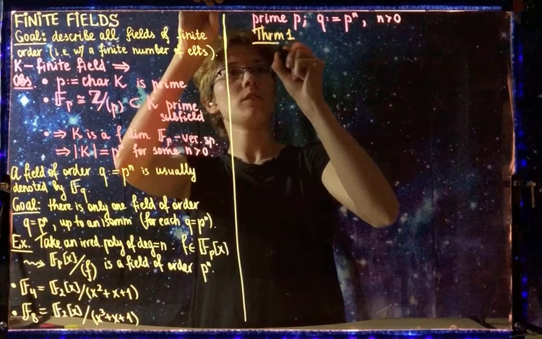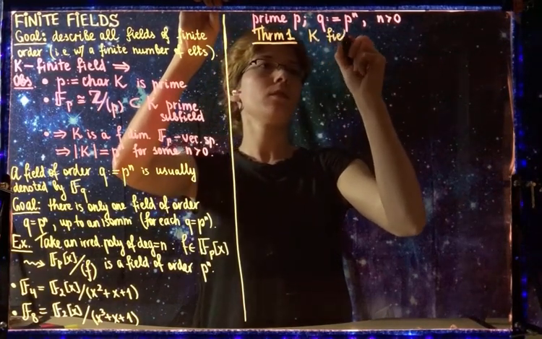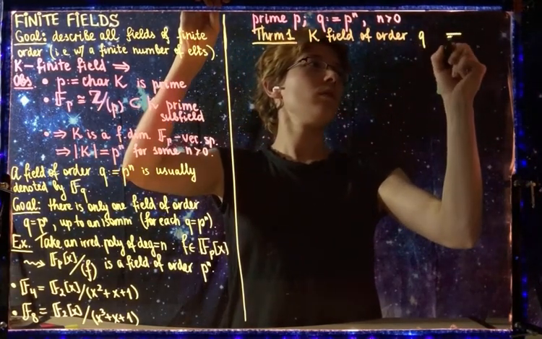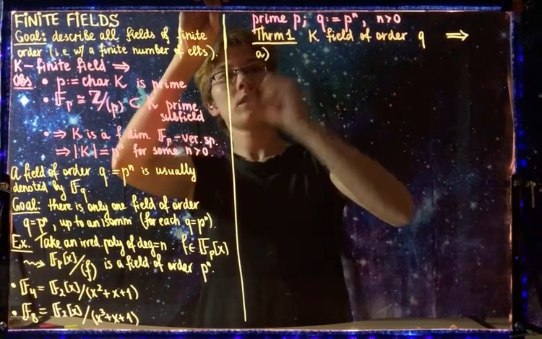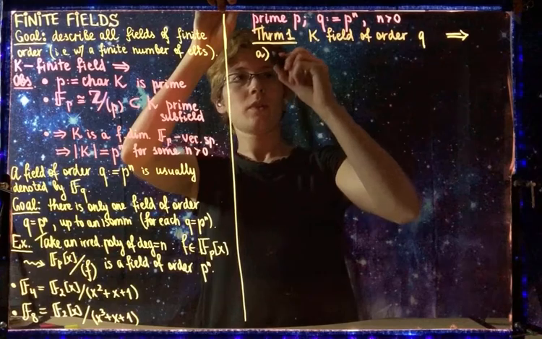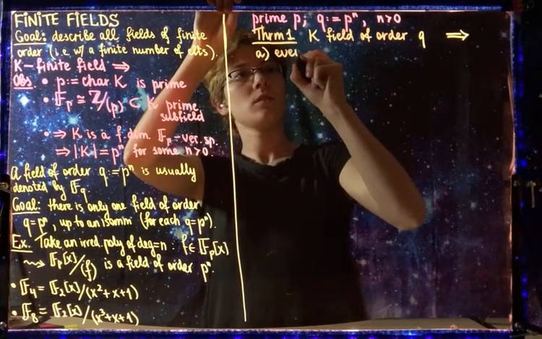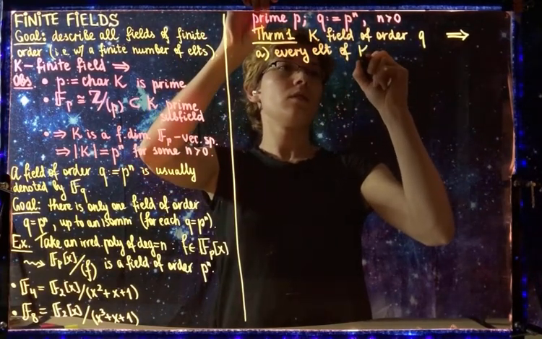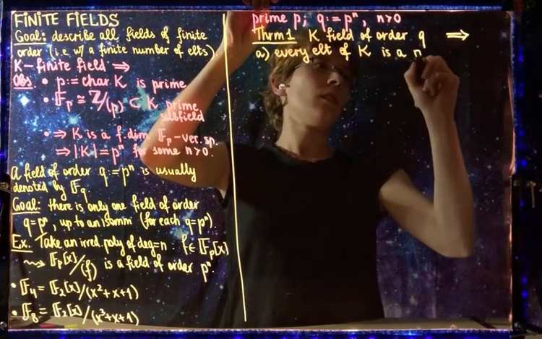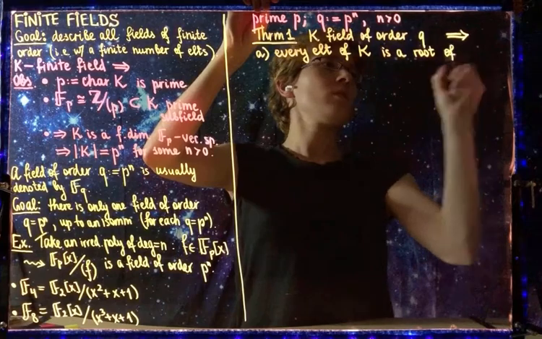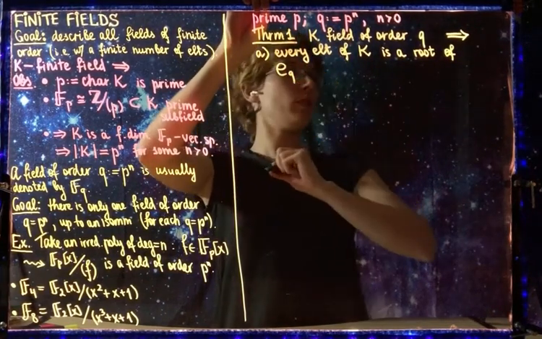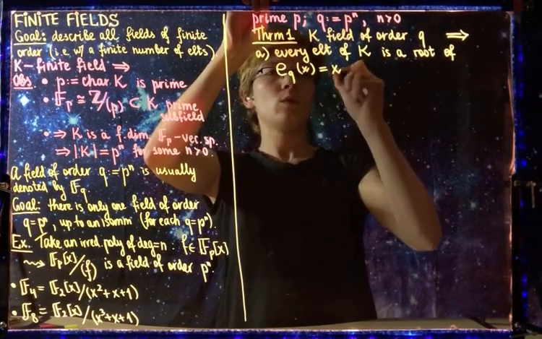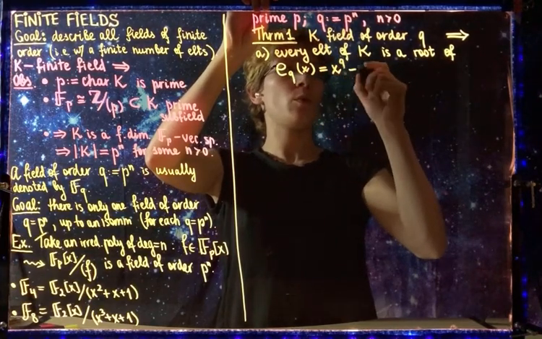So theorem number 1, if K is a field of order q, then firstly, every element of K is a root of the polynomial, which I denote by E sub q of x. It is a polynomial of degree q, x to the power q minus x,